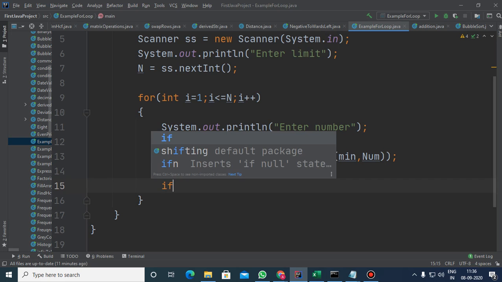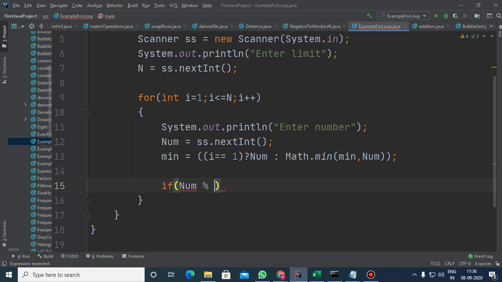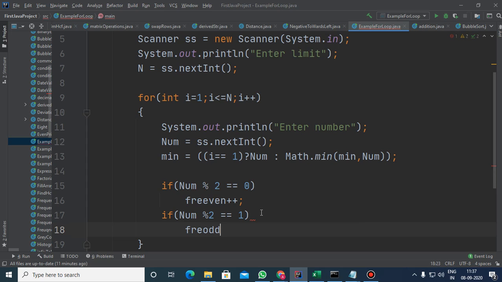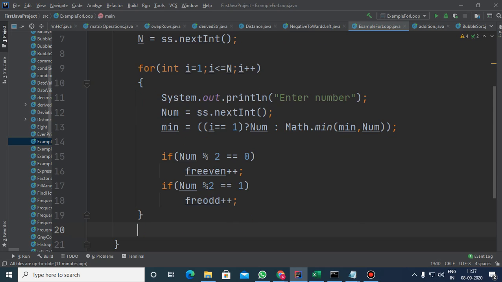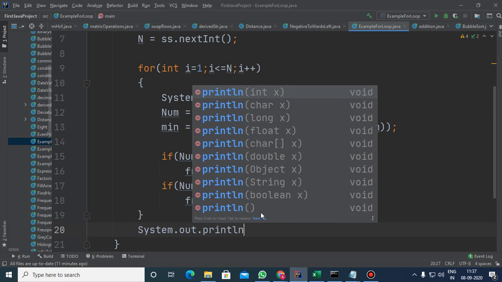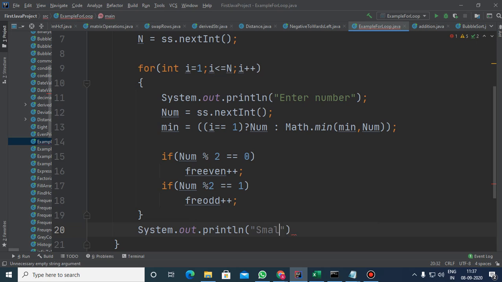So any problem with this code, children? And here what to do? If num mod 2 is 0, then the frequency of even plus plus, and if num mod 2 is 1, means if it is odd, then frequency of odd plus plus. This is what to do. So here you have to just give some messages. The smallest number is, that is minimum,